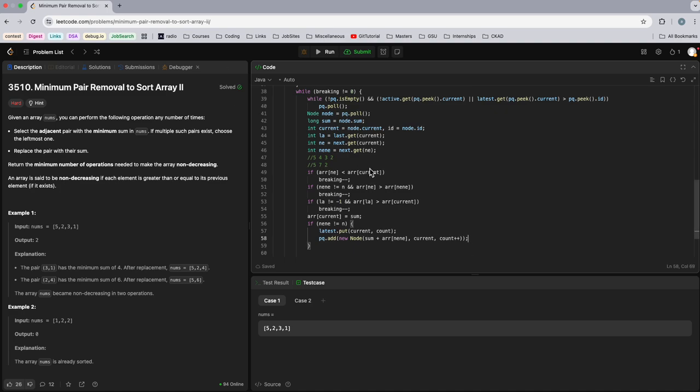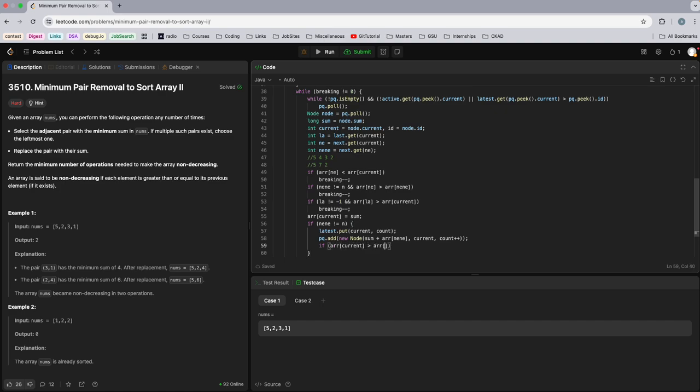So this was for 4. This got reduced to 7, right? And 3 got removed. So now the new sum associated with this index, where element 4 is, is 4 plus 3 plus 2. So the sum and the element at the next index. So this is what I'm doing, right? I'm adding that. And if